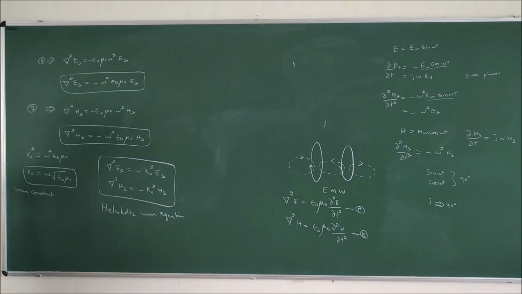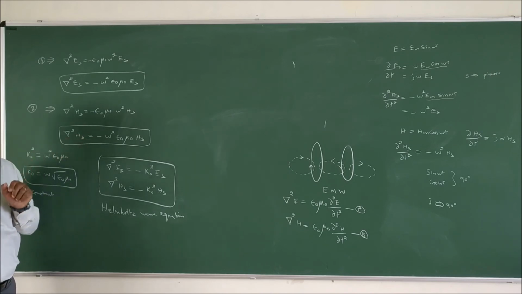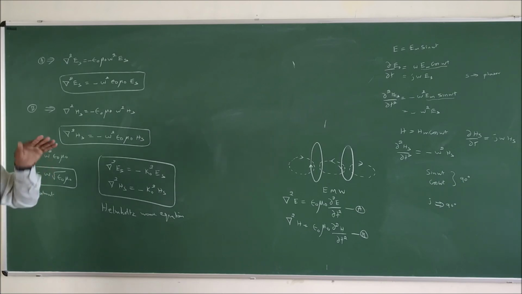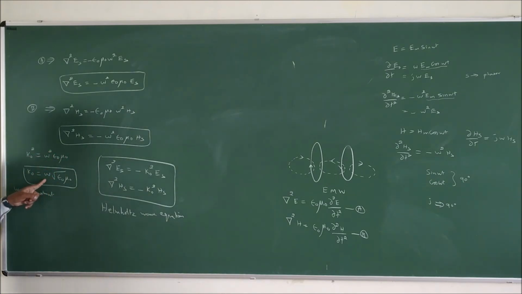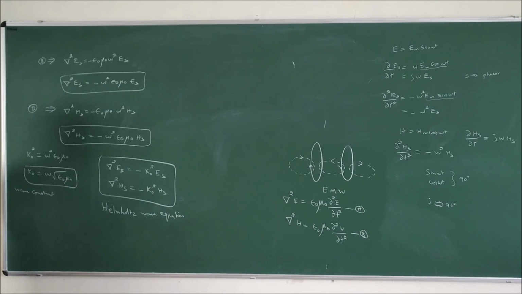Helmholtz was a professor at the university and his student was Heinrich Hertz. Hertz, following this, tried to define, if this wave is going in free space as a second order equation with the propagation constant k naught, what should be the frequency? That is how omega came into the picture. That frequency of that movement he brought in as the hertz. So please remember, the Helmholtz wave equation is nothing but the wave equation of a uniform plane wave in free space.